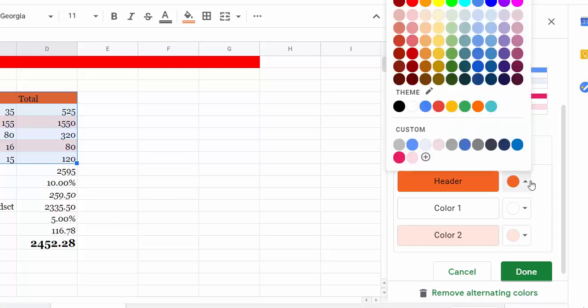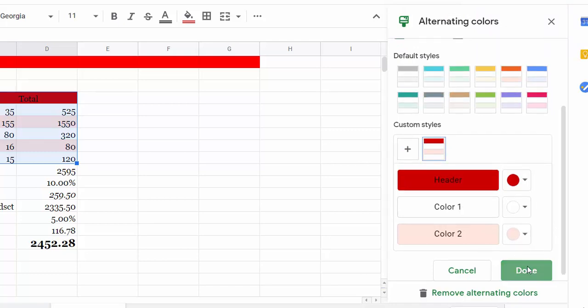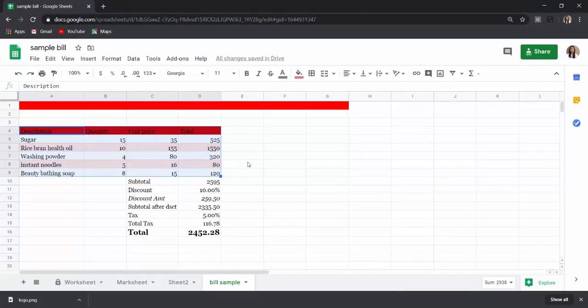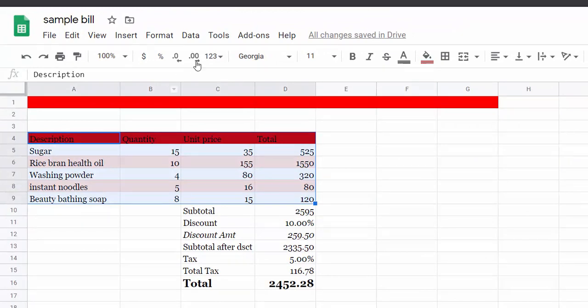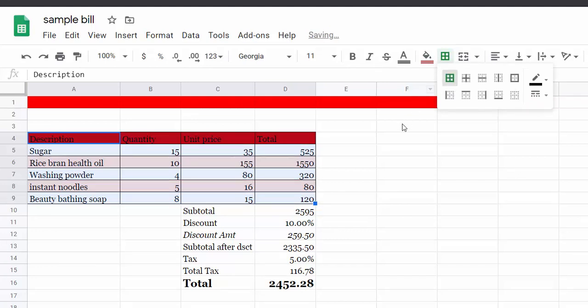For example, I want header color as red, or let's say dark red, and other color as it is. Just say done, and that will be reflected on selected cell. Next we want borders for it. So for that, go here in borders and say all borders.